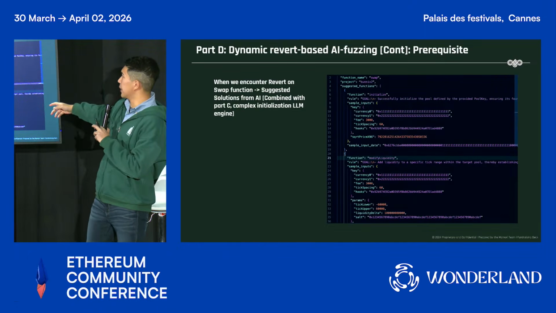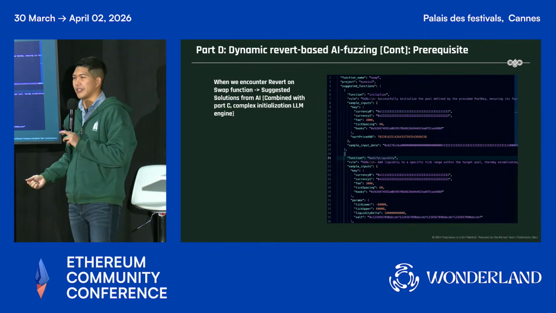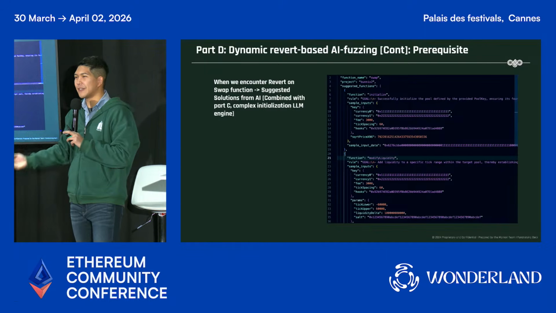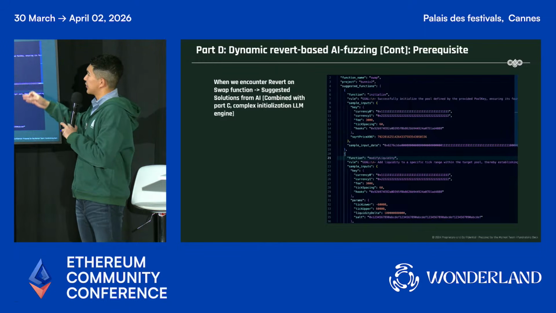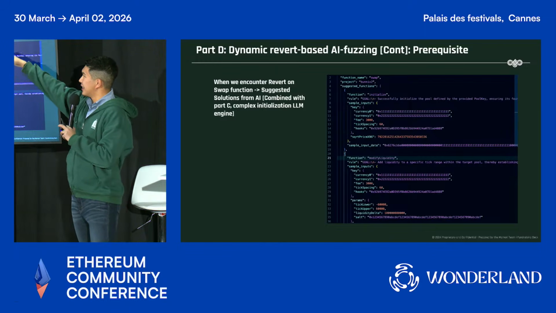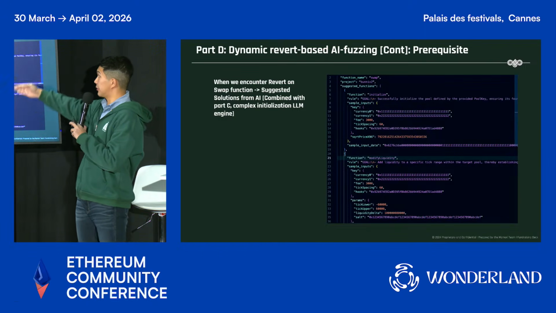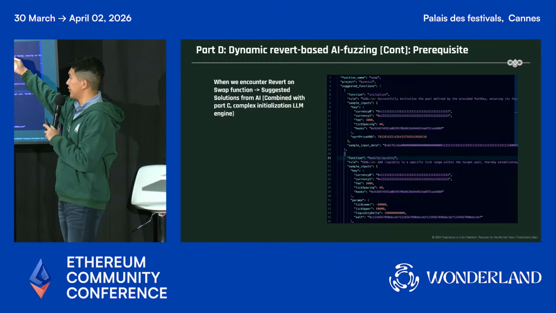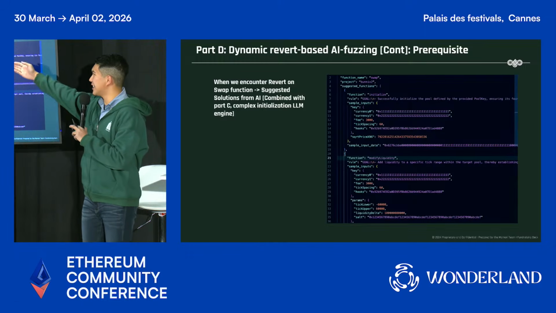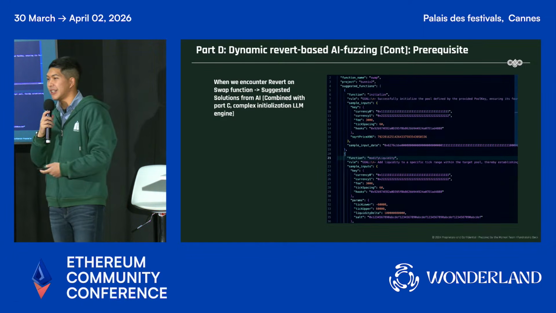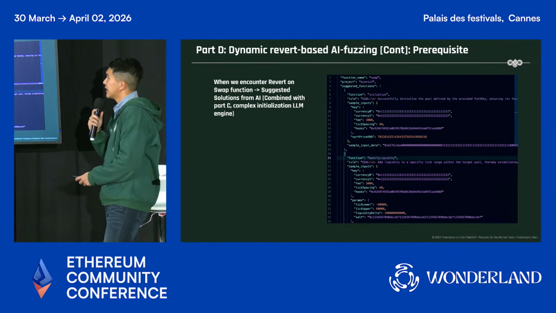One interesting thing that we implement is that after the revert, sometimes it's not that your parameter input is wrong, but that you haven't called some other functions first. The LLM may be able to understand that. For instance, this is a swap function. If I directly call the swap function of the Uniswap v4 bunny hook v2 or external call bunny hook v2, it will need to call some other function first. You may have to initialize the contract, and you need to modify the liquidity to do something first. That's why the LLM can suggest these kinds of things to help the fuzzer.